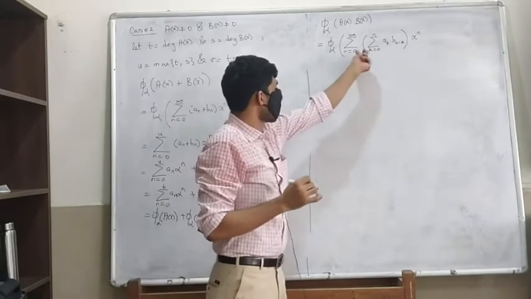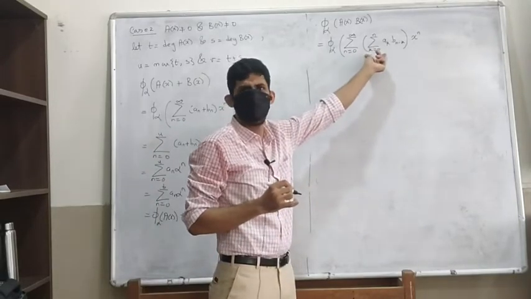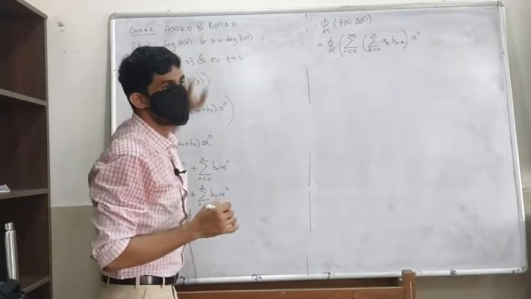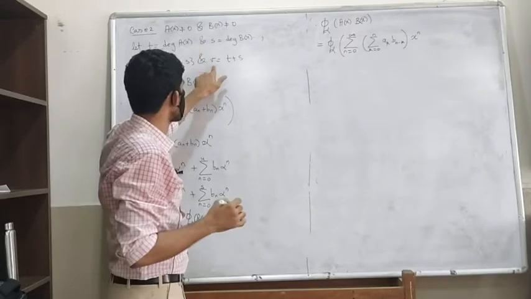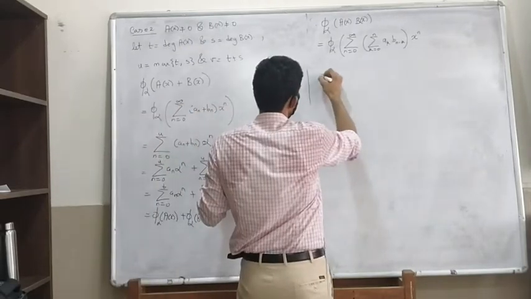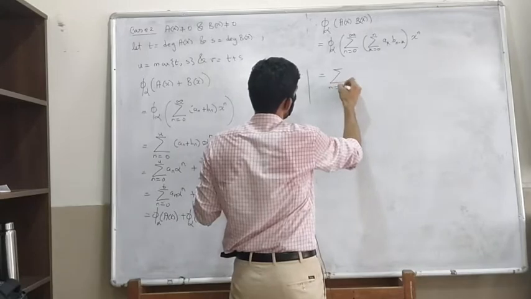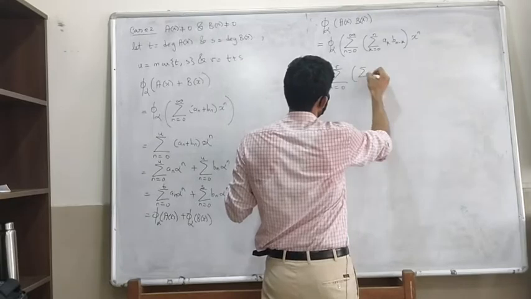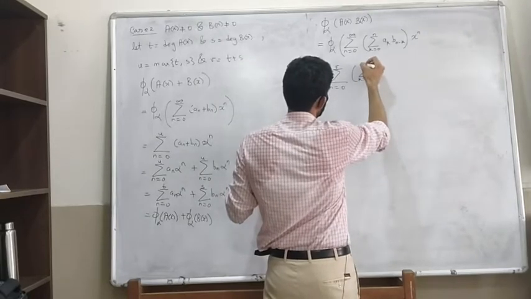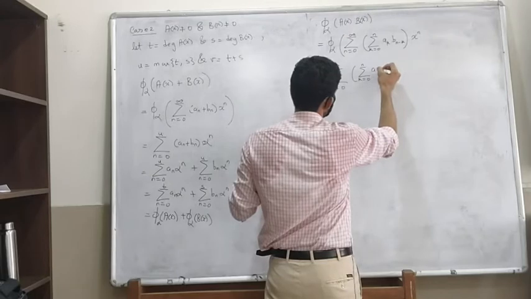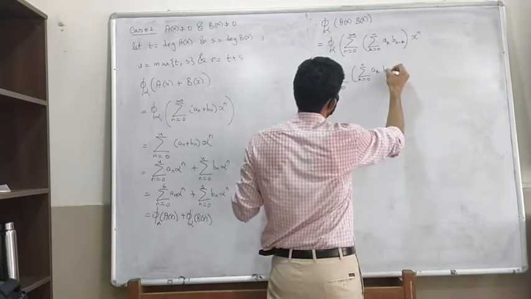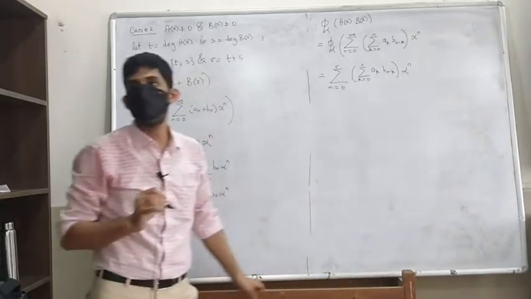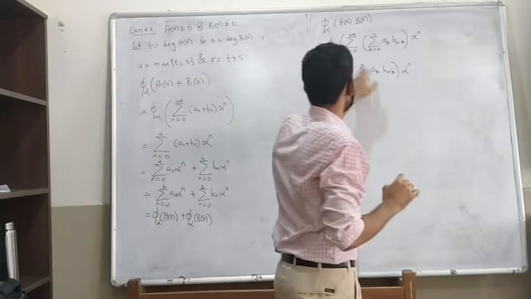Okay, and what is the degree of this polynomial? It is going to be t plus s, right? The degree of this is going to be v. Okay, so by definition this has to be summation n going from 0 to v, summation a_k b_{n minus k} alpha raised to n. This is by definition of the evaluation homomorphism.